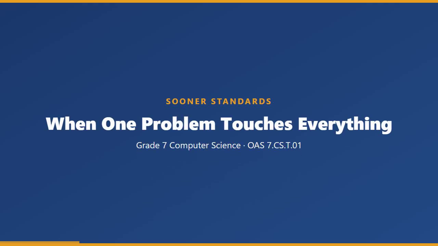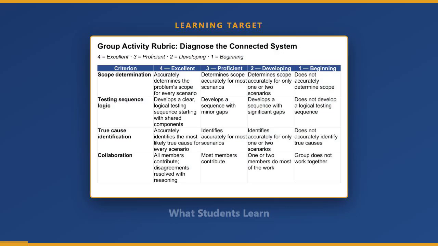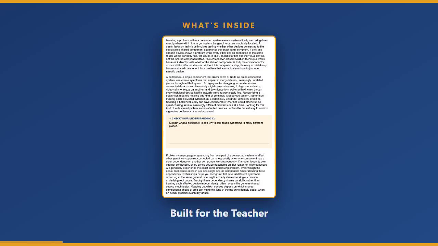Sooner Standards, Troubleshooting Problems Across Connected Systems, a complete Grade 7 computer science unit for Oklahoma Standard 7.CS.T.01. Students learn to identify and resolve complex software and hardware problems utilizing strategies such as developing and analyzing flow diagrams. Inside, a full teacher guide with pacing, misconceptions, and a scoring rubric, plus a content lesson with built-in comprehension